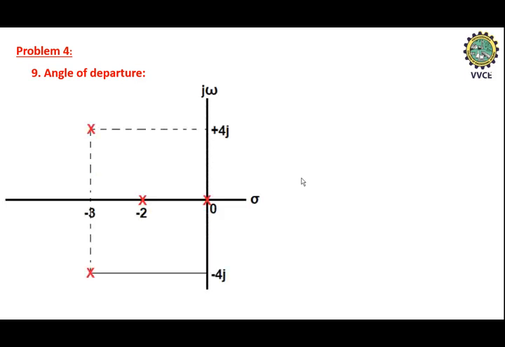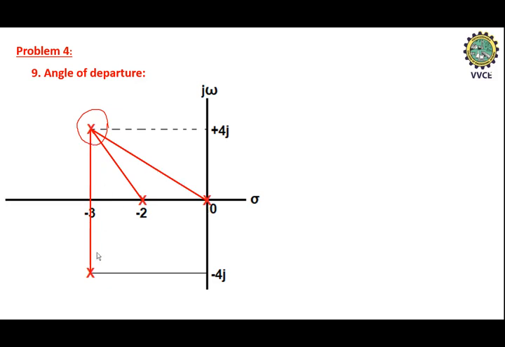First, locate all the poles, and here I'll consider a pole on the positive real axis, or 0, as a reference point. So I'll consider this pole as a reference point for me, and connect the remaining poles or zeros to this reference point. Like this is the first pole, this is the second pole, and this is the third pole. So for the angle of departure as well as the angle of arrival, you need to keep one root which is on the positive real axis as a reference point, and connect the remaining roots. It may be a 0 or a pole.